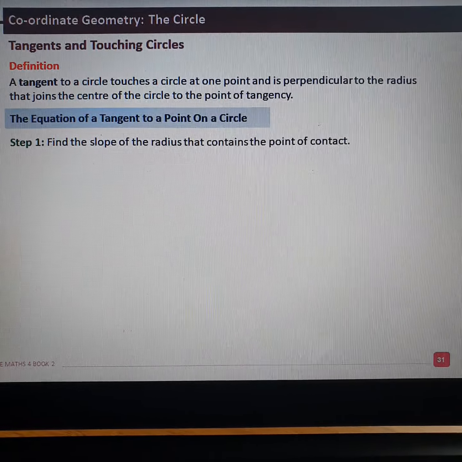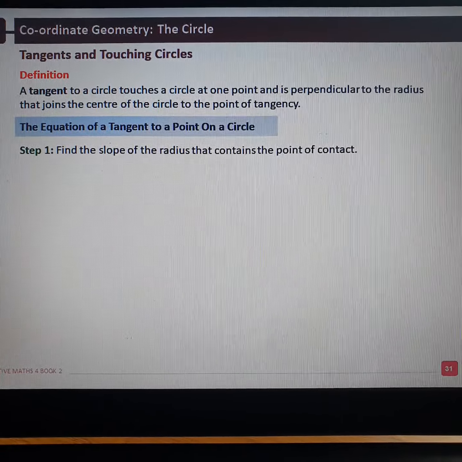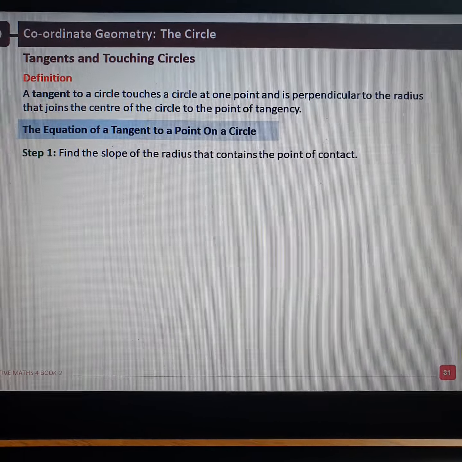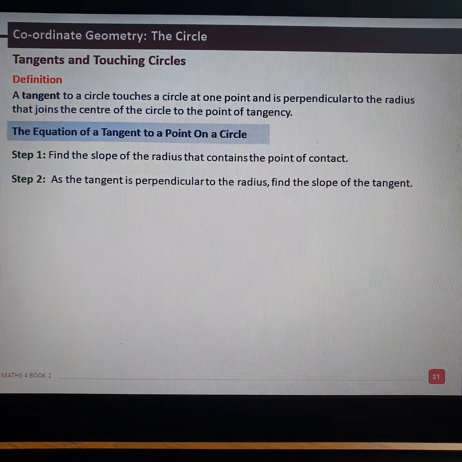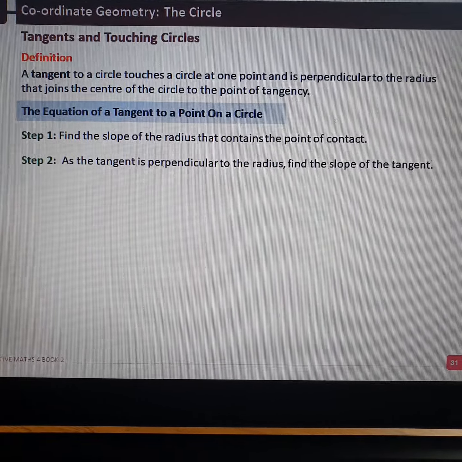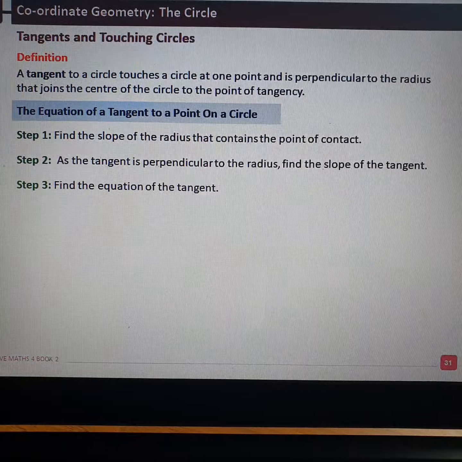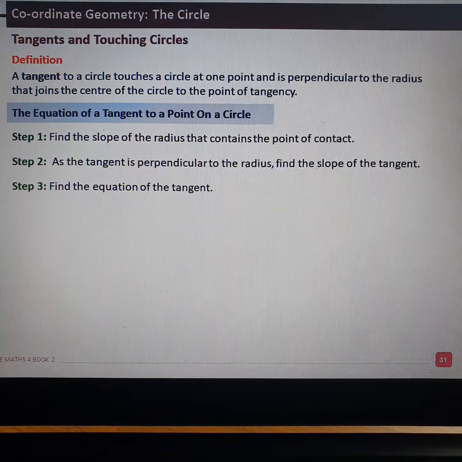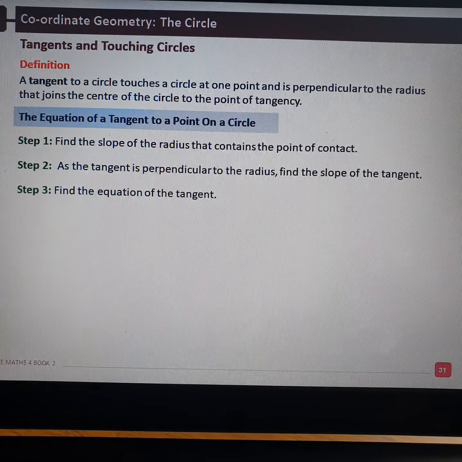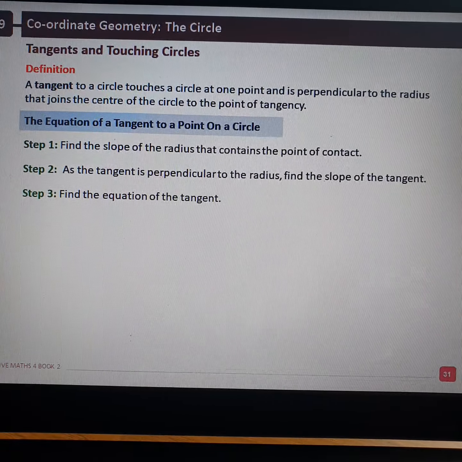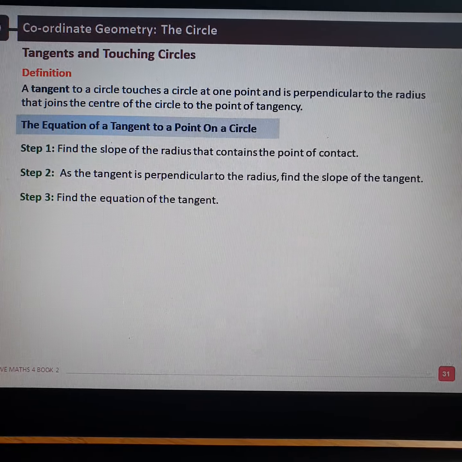If you have a point on the tangent and you have the centre, you can get the slope of that, can't you? As the tangent is perpendicular to the radius, you find the slope of the tangent. Then you find the equation of the tangent. So first, find the slope of the line joining the centre and the point, then get the perpendicular slope because the tangent is perpendicular to it,